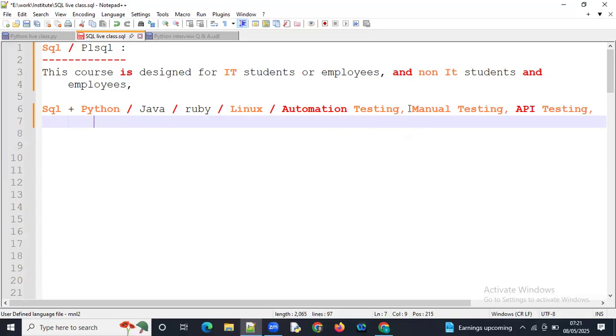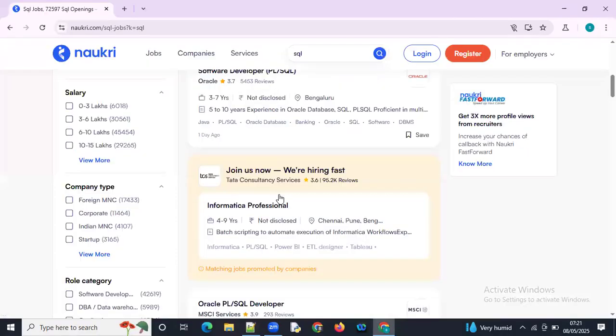I mean, it may increase. If there is high demand for those courses also, then we will start coaching on that kind of language also. But now the present trending technology is Python only. Now I'm going to show that. And here I have mentioned Python first. Why I have mentioned Python first here is, you see here,